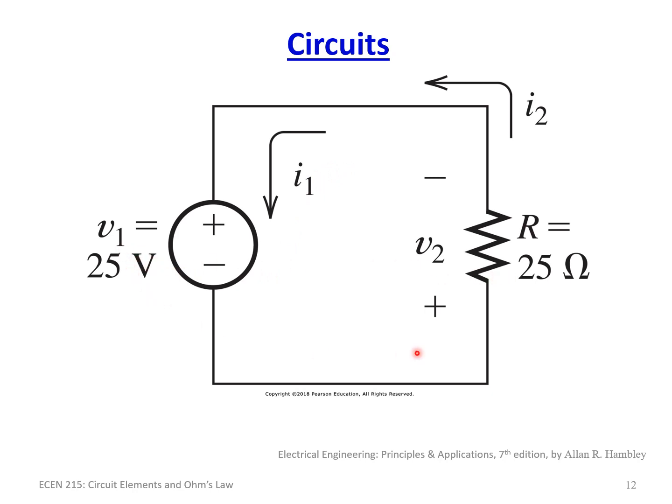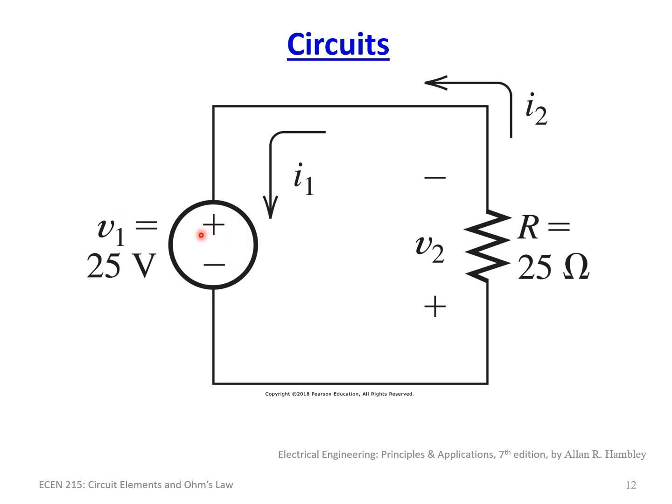So immediately we know it's going to be 1 amp, because the 25 volts is going to be the 25 volts that's going to cross the resistor. So this is very similar to what we just did. However, what is the current? Well, in this case we have